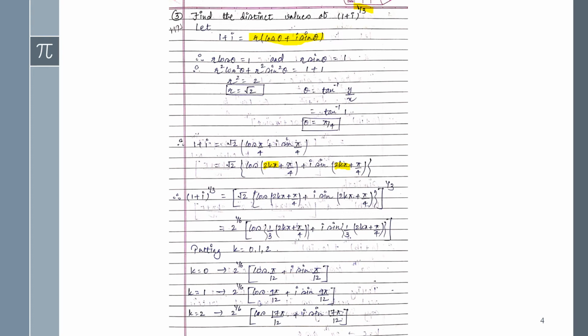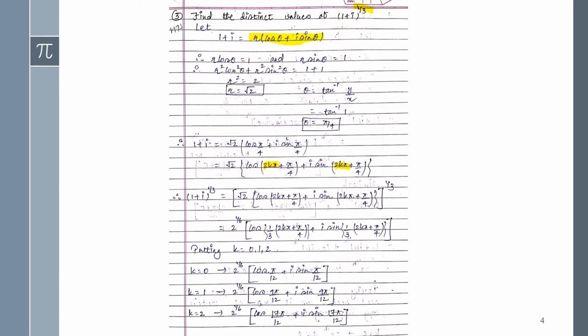These both notations are the same. Now this one is the same procedure, and at the last you have to apply the different values of k. You can observe here it's actually the third root of unity. We can say it's a third root, because it's given 1 upon 3 power.